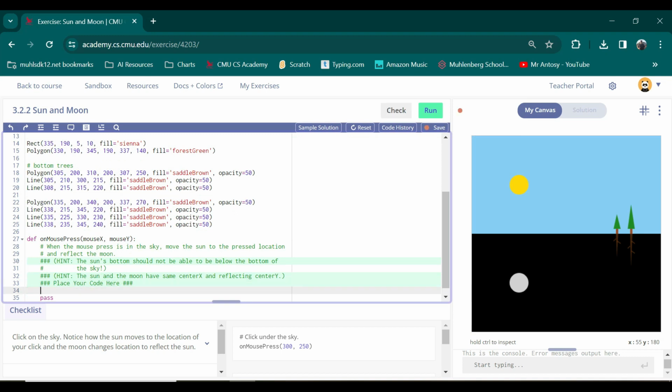All right. If mouse Y is less than, what did I say it was, 180? Yeah, okay, so here, the sun's bottom should not be able to be below the bottom of the sky. Bottom of the sky is sitting at 200, okay? See that 0, 200? It's sitting at 200. It has a radius of 20, which means it's 20 pixels from the center to the edge. So 200 minus 20 is 180. So if mouse Y is less than 180,